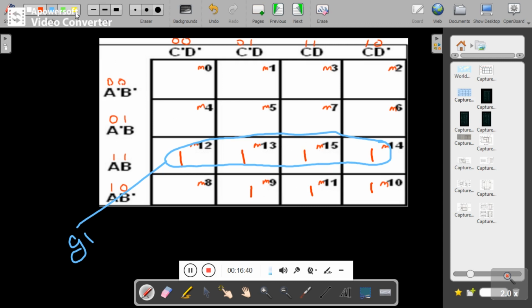So let me make a separate group here. This is 4 ones. One more group, and I will call this group G2. And the remaining one is this one. For this one, you can make a separate group of 4 ones, including these 3 ones. So this is G3. So 3 groups are possible. First group, second group, and third group.